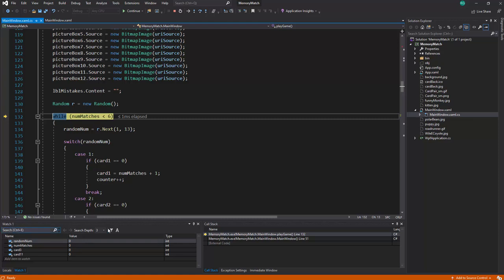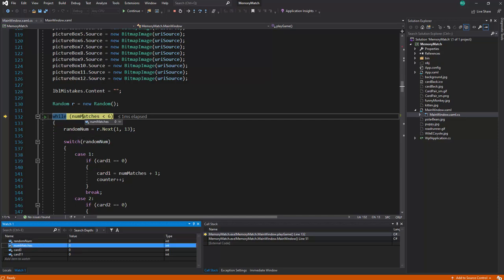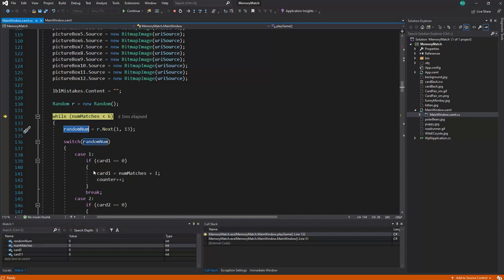So down here in your watch variables, as you're debugging, you can add things down here. One of mine that I've added is random num, which is right here. And then I've also added num matches, which is right here. So it's going to go from 0 to 5. Random number is going to be something from 1 to 12. And then there's all these cards, card 1 through card 12, and you can add as many of them as you want. But basically, as we step through this,